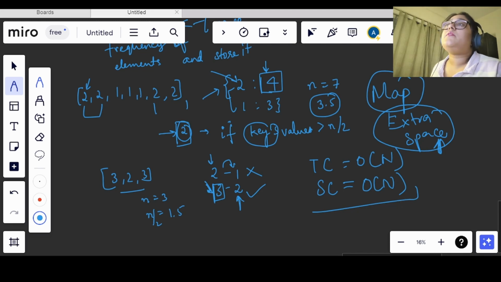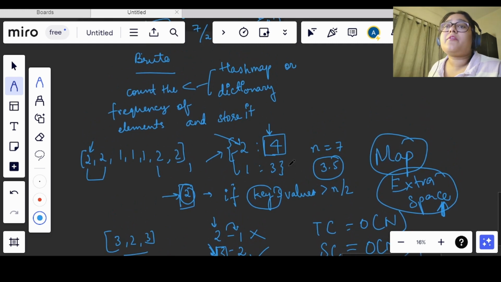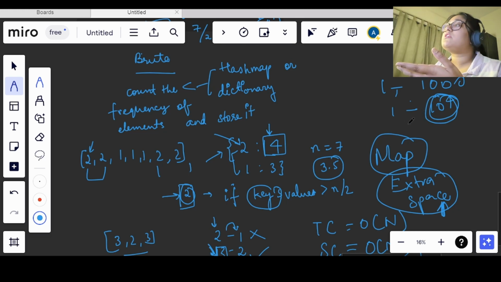You can use a frequency array also, but a frequency array will only be efficient if the numbers lie in a small range, like 1 to 1000. If it is 1 to 10 power 4, it becomes very inefficient because we will have to create that many indexes.